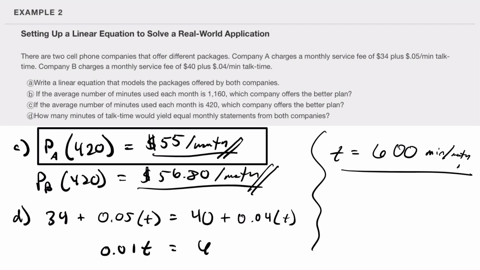Right? So then if I were considering these packages, I'd have to decide, okay, do I think I'm gonna talk less than 600? Honestly, I probably would just go for the second package, because it looks like the second one has the better rate long run. Like the second one looks like it's better when you're above 600. And I feel like the first one is better when you're below 600,